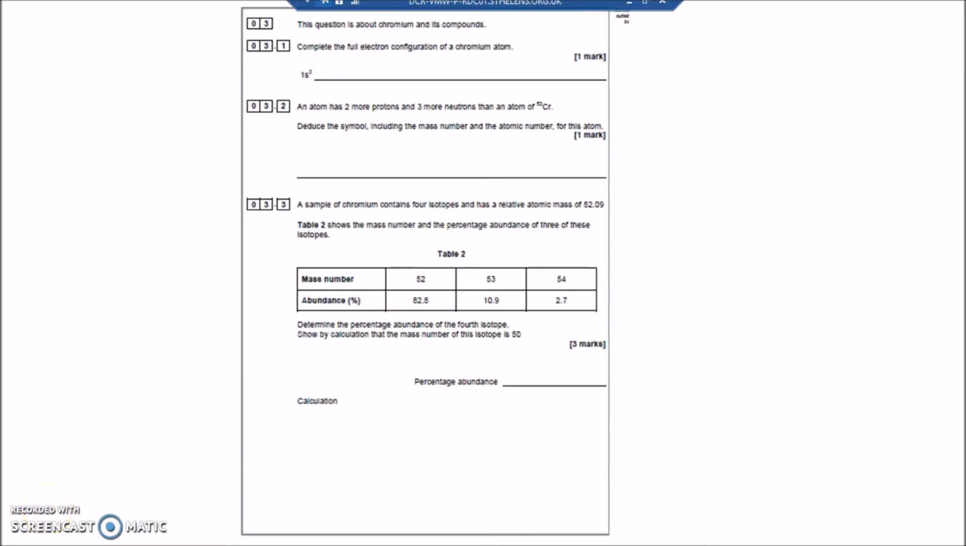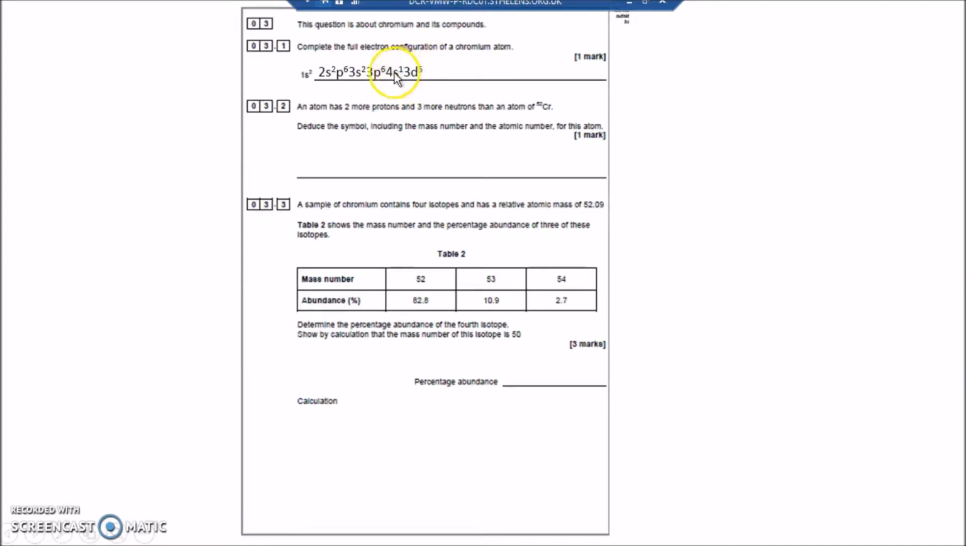Question 3.1. Complete the full electron configuration of the chromium atom. Now, chromium has got an atomic number of 24, so it's got 24 electrons and 24 protons as well. But it does something slightly odd. So 1s2, 2s2, 2p6, 3s2, 3p6 isn't unusual. Then you might be tempted to put 4s2, 3d4, but what it does is it half fills its 3d shell